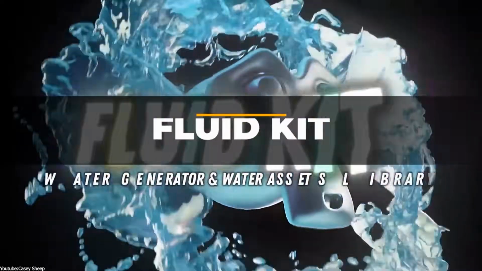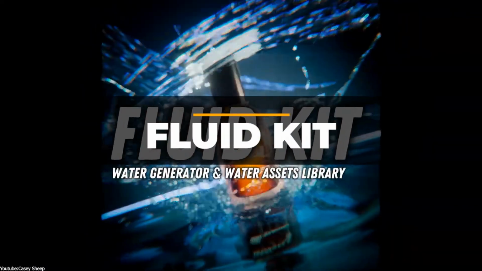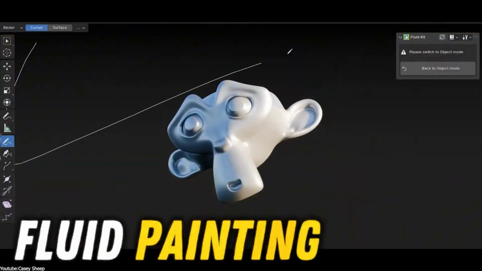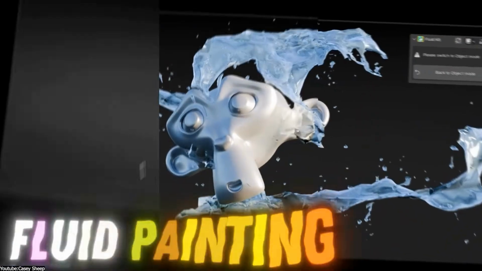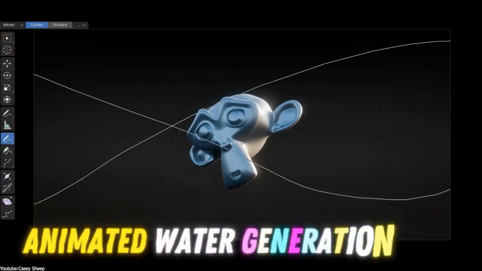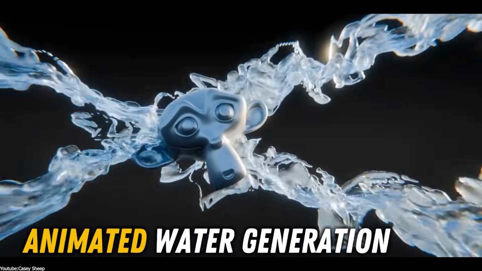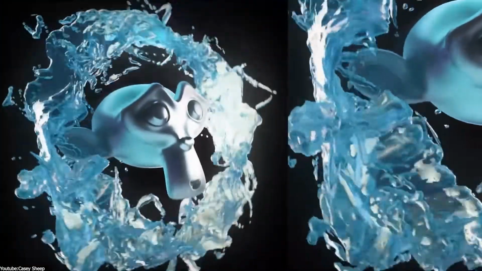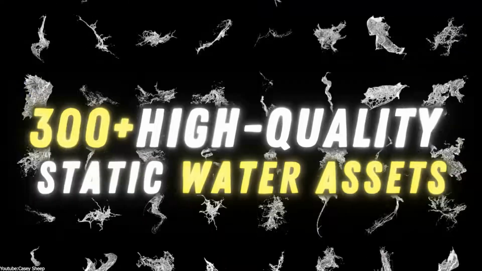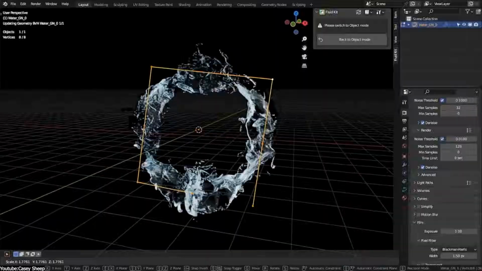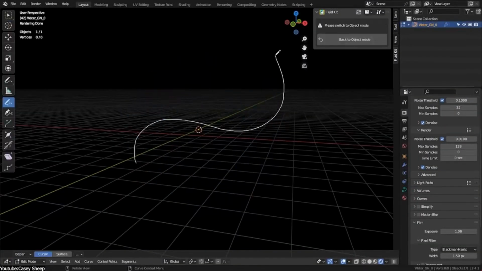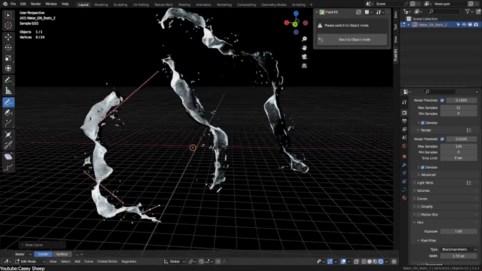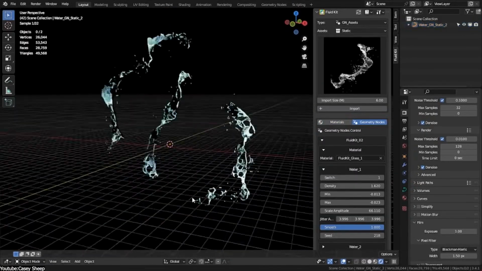Moving into liquid simulations, FluidKit serves as a highly versatile toolkit for generating both animated and static water effects. While fundamentally built upon geometry nodes, its primary strength lies in its expansive library of non-node assets, granting artists incredible flexibility depending on the scene requirements. Packed with over 300 static presets, it offers an exceptionally fast method for integrating water elements into concept art, product